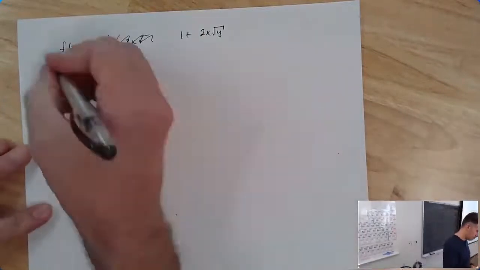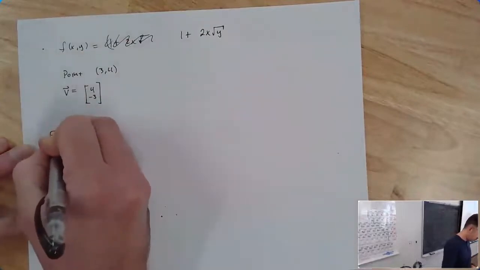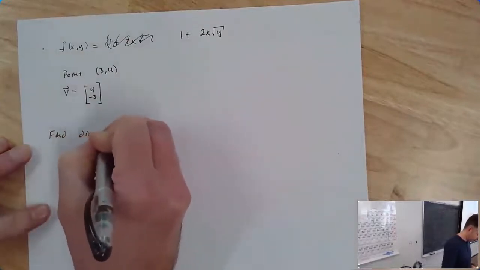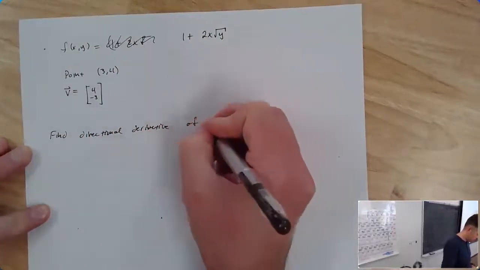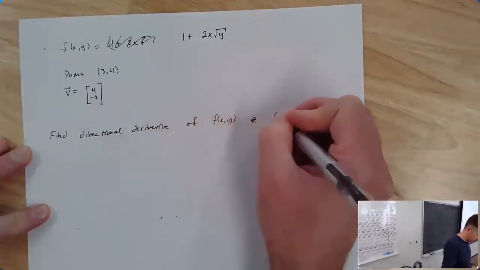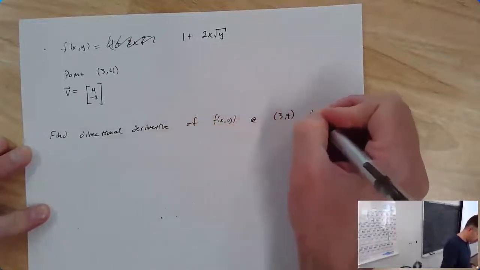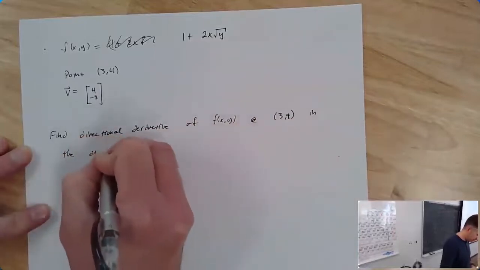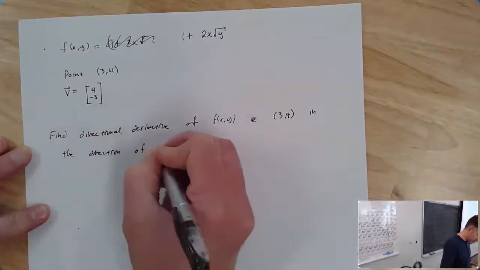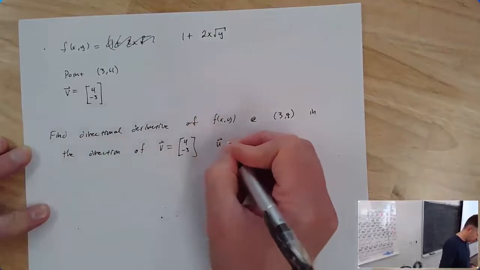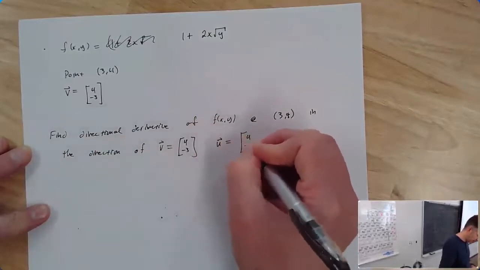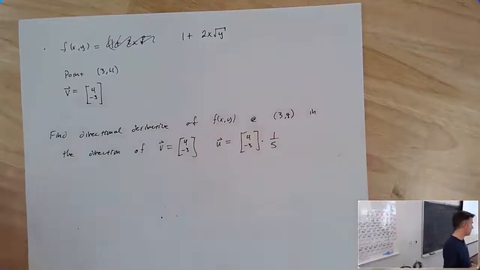Find the directional derivative at a point in a given direction vector. So find the directional derivative of this function at the point (3, 4) in the direction of, so instead of saying v equal to (4, -3), I'm going to say u equal to (4, -3) divided by 5, because that's the magnitude of that vector. So here's what I think we're supposed to do, but currently I'm not seeing why we're